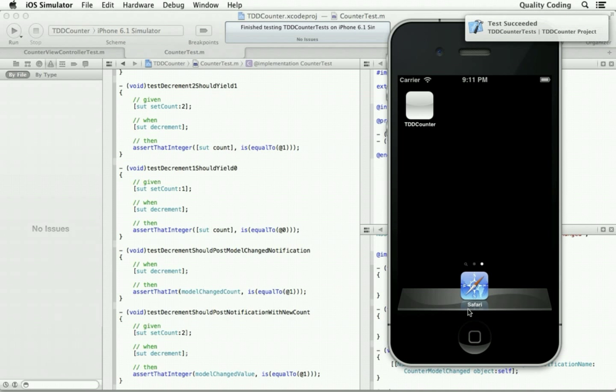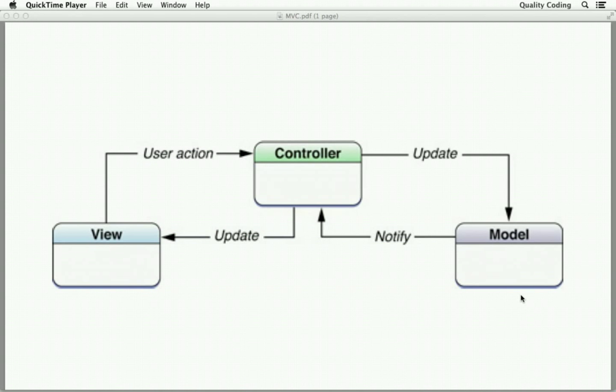Our refactoring is good. We've now successfully TDD'd our counter model, which has the count state and an increment method and a decrement method, and we've not just verified, we've test-driven the fact that it is posting a notification when the model changes.